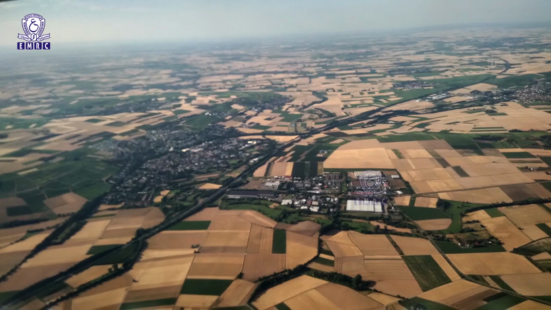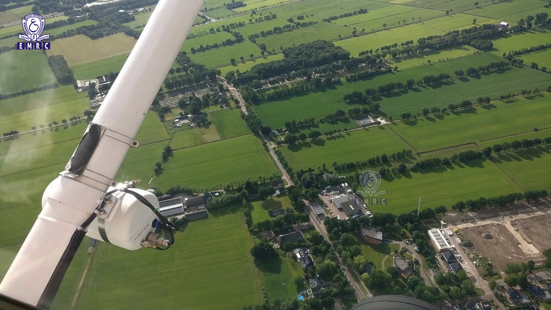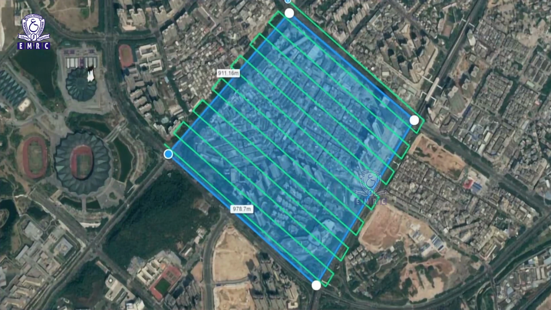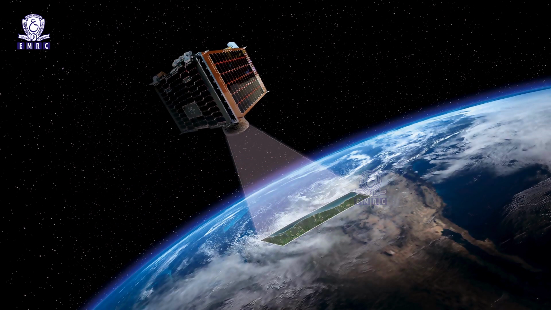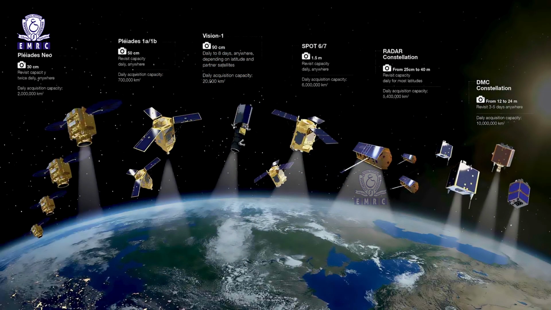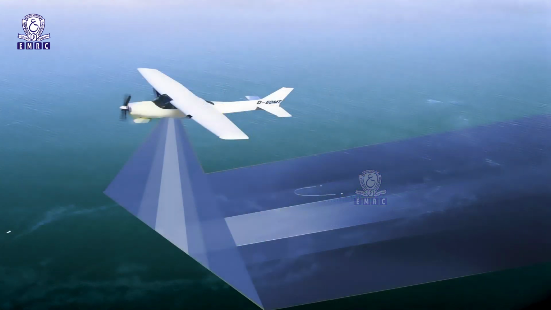Aerial photography in simple terms means photography from the air. Aerial photography is one of the most common, versatile and economic forms of remote sensing. Aerial photography was the first method of remote sensing and is even used today in the era of satellites and electronic scanners. Aerial photographs will still remain the most used type of remote sensing data. Aerial photography consists of taking photographs at regular intervals from an aeroplane flying along a definite line at a certain height